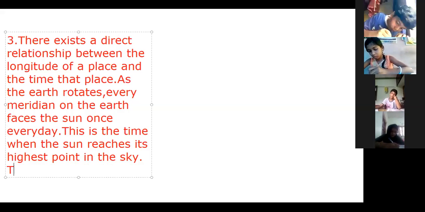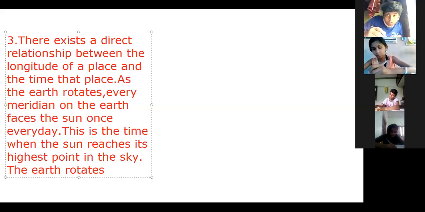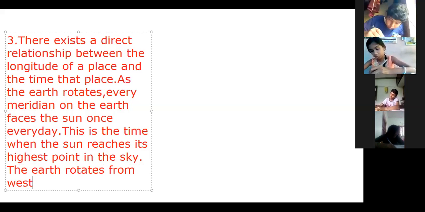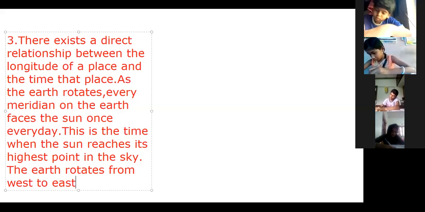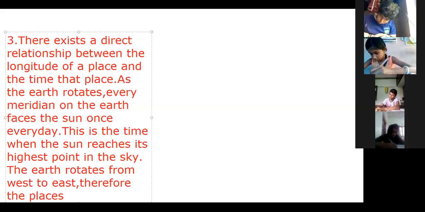The earth rotates from west to east. Therefore, the places which are situated